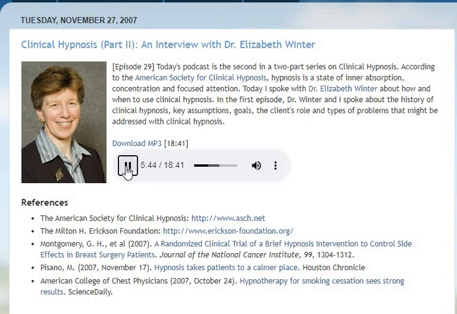Now, the eye fixation may be helpful for somebody who is more visually oriented, and there are other forms of formal induction. One, for example, is an arm levitation induction. So that would be perhaps, to someone who is more comfortable with something more physical or more body-oriented rather than visual. There's another one which focuses more on the ability to visualize things. So that may be more appropriate for someone who thinks in that way. So there are different formal inductions to help somebody learn how to go into trance.